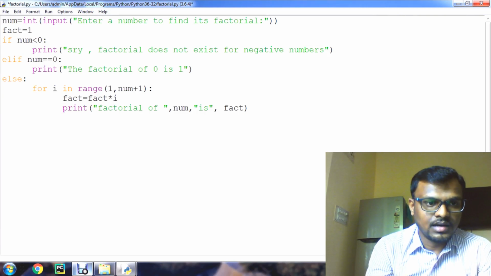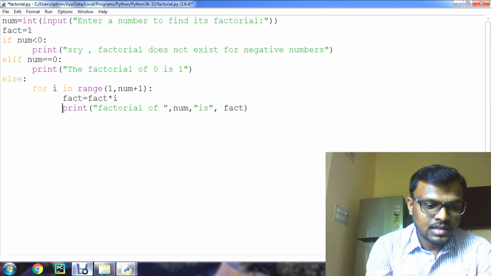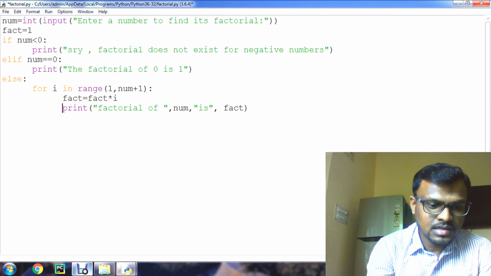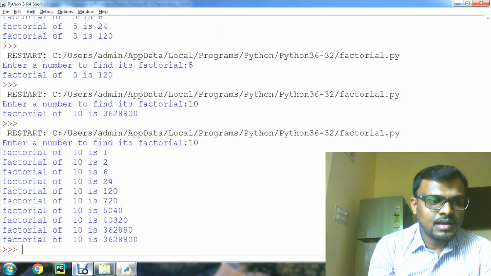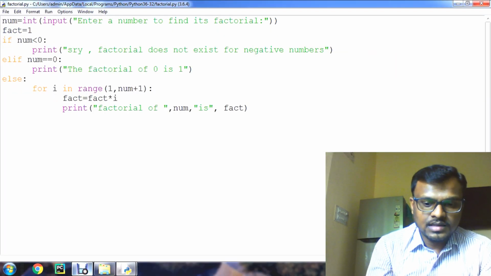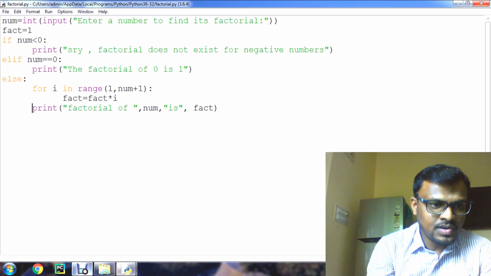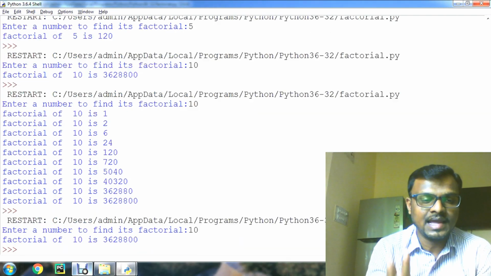If you have the print statement inside the loop, then you will get the series in your output. Otherwise, if you come out of the loop, you will get your output in a single line like this.